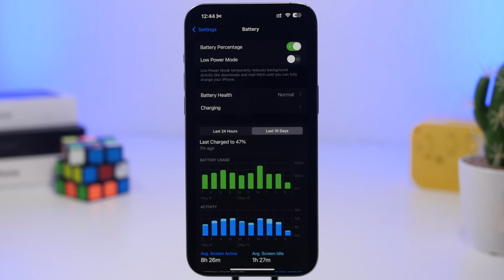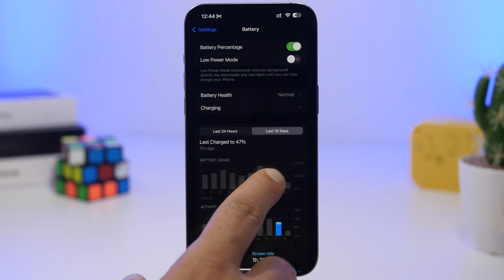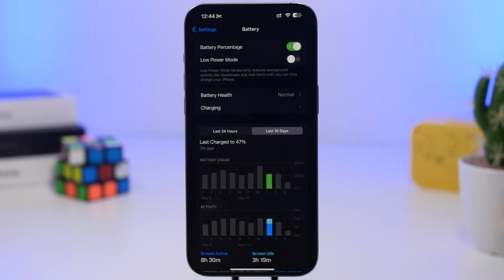Now, battery has also been quite decent. You can see right here with 110% battery, 8 hours, 1 minute. Again, 110% battery, 8 hours 30 minutes. Right here we have 11 hours with about 150 or 160% battery, 7 hours here with 120% battery, 9 hours